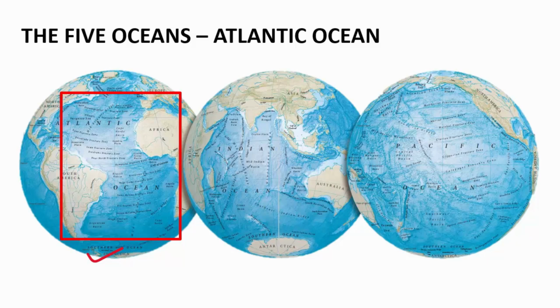On the southwestern side, you will find it is bounded by the South American continent. On the northeastern part, you will find it is bounded by the European continent, and in the northeastern some part, the central and the eastern part, you will find that the Atlantic Ocean is bounded by the African continent. On the northern side of the Atlantic Ocean, it merges with, of course, the Arctic Ocean or the Northern Ocean. On the southern part of the Atlantic Ocean, it merges with the Southern Ocean or the Antarctic Ocean. So this was the location of the Atlantic Ocean. This is the second biggest ocean on our planet.